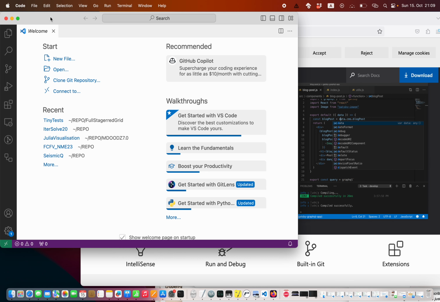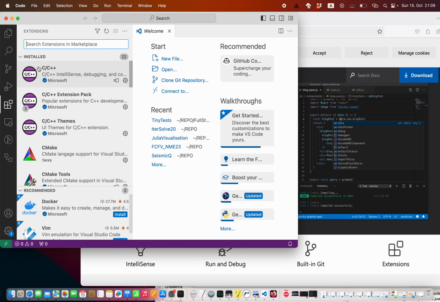To do so, we need to install an extension of VScode. An extension can be installed by going through the sidebar on the left. If you click on these blocks here, it will open this menu, and in this menu you can search extensions